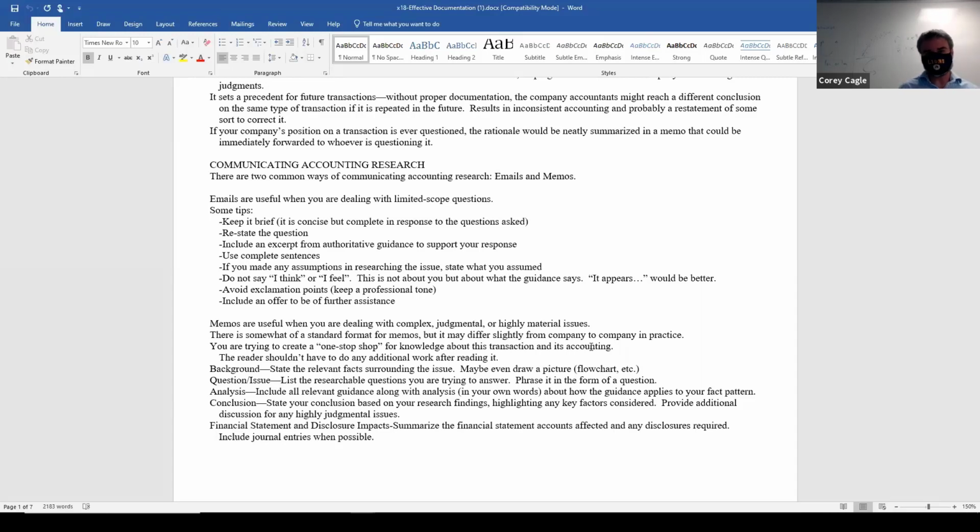So restate the question. That's a really good place to start. Hey, you asked me to research, and a lot of people started it out exactly like that. And that was great. You asked me to research whether this, and then go into it. But a lot of people didn't. I've got everybody's here, and we can kind of look at the first sentence and decide, was this a good way to start?